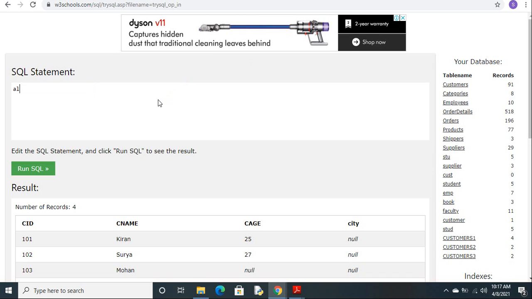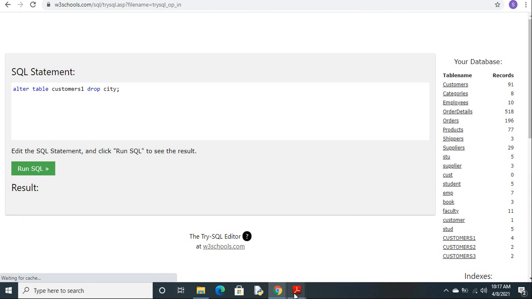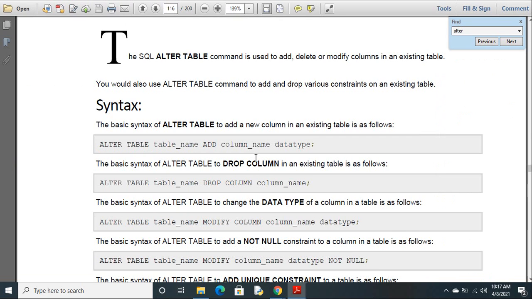If you want to remove, alter table name, what we have to do? Drop column name. Why it is not working?